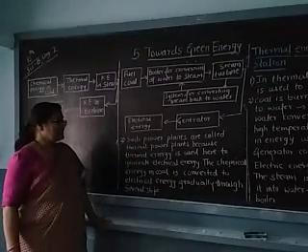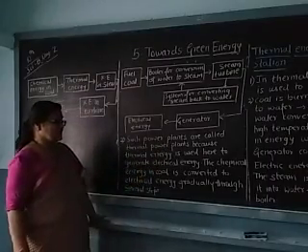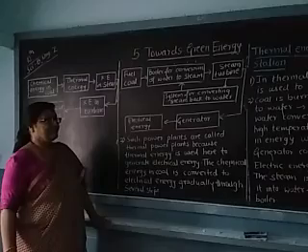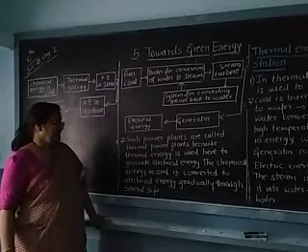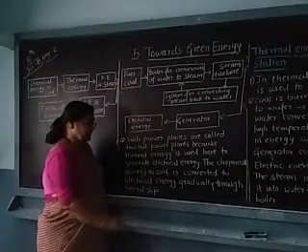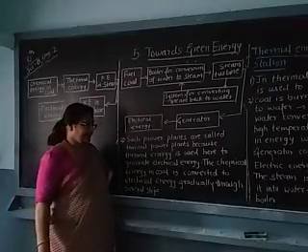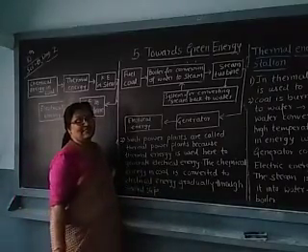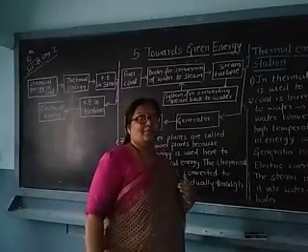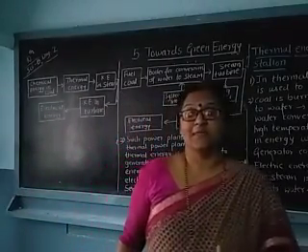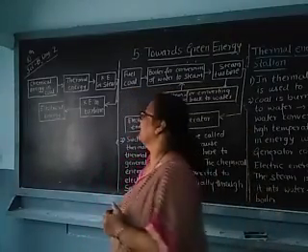Why do we call them thermal power plants? Because here thermal energy is used to generate the electrical energy. Thermal energy is used to convert it into electrical energy. The chemical energy which is present in coal is converted into electrical energy gradually through several steps. That means in this type of thermal power plant, the chemical energy present in coal is converted into electrical energy.